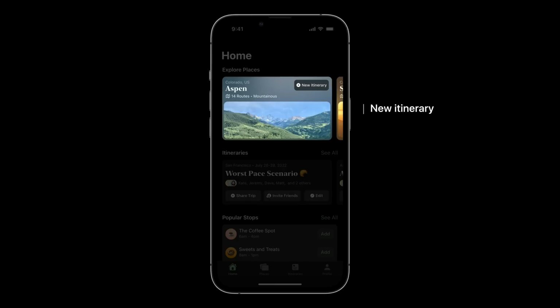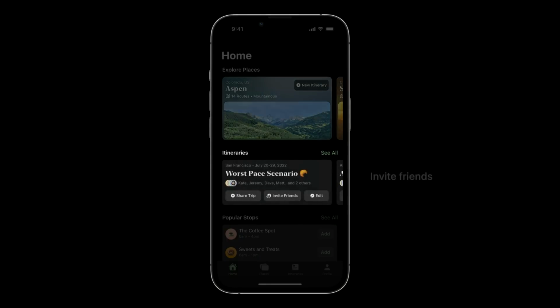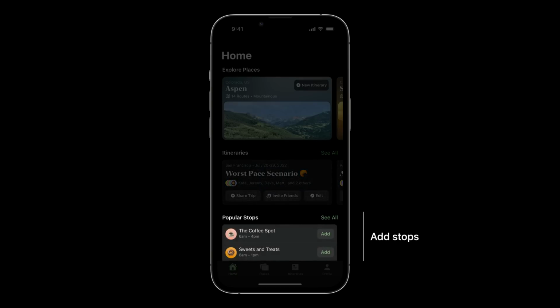For example, maybe it seems like people aren't engaging with the itineraries feature, and you may be worried it's because they don't know the functionality exists. So it may seem logical to encourage engagement by repeating actions in the tab bar for more visibility, such as new itinerary on the Places cards. And maybe creating a version of an itinerary view that has the features front and center, such as inviting friends. Or listing the stops in an easy action to add.